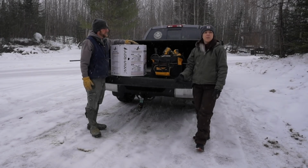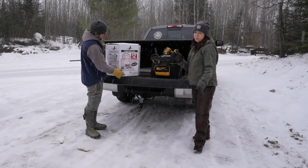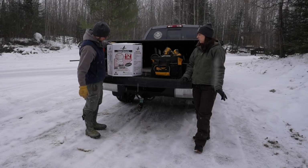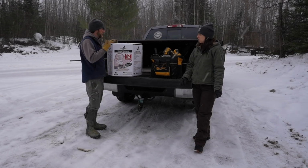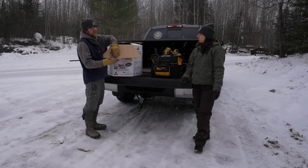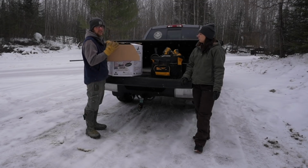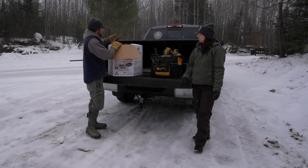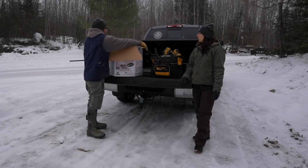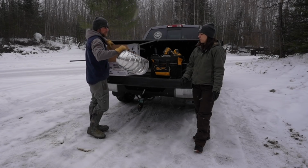So from some research, I found whirlybirds as a good option. We're going to put a 12-inch whirlybird vent on here. This is what we ordered. Being a metal container, it's a lot more airtight than a regular wood structure, so you've got to make sure you have good ventilation. Alright, so that's going to sit on top. It's so big, I don't think it's going to